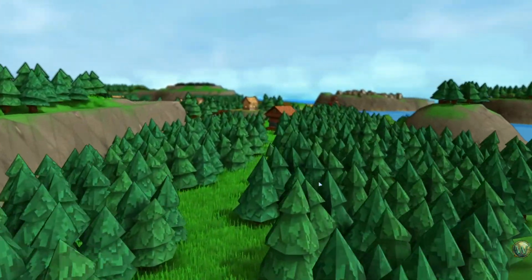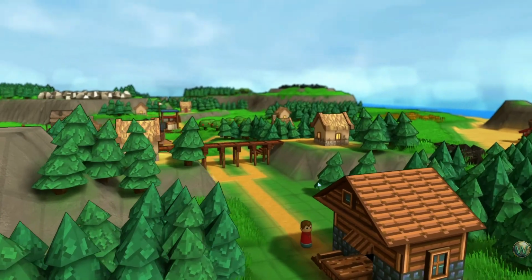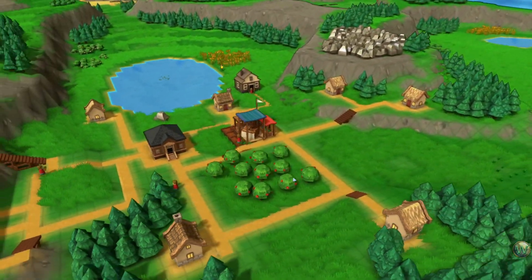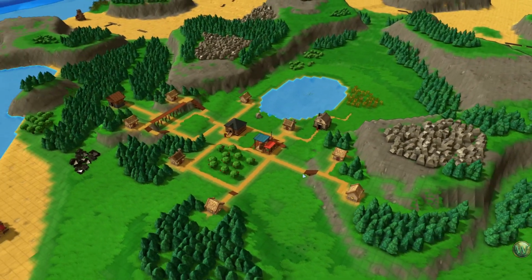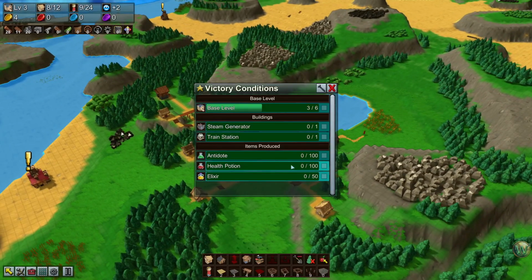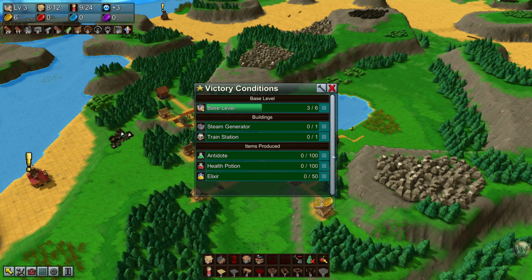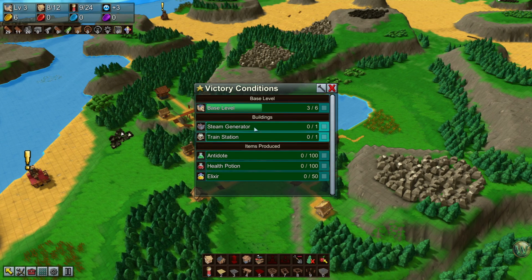Oh, maybe not. There is stuff built. Quite a bit built. Okay, so we have to get our base up to level 6, one level beyond where we went last time. Oh, there's an interesting